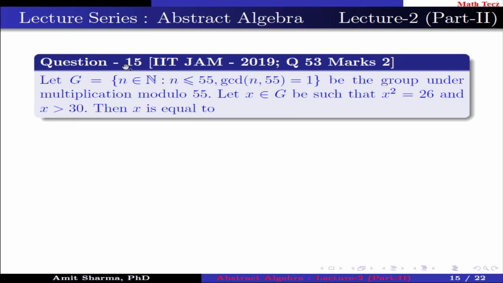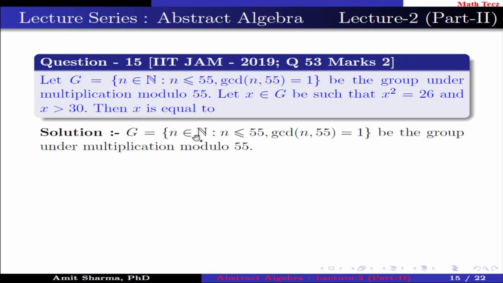Question number 15. This question was asked in the IIT JAM exam in 2019. Let G equal the set of n belonging to N such that n is less than or equal to 55 and GCD of n comma 55 equal to 1, be the group under multiplication modulo 55. Let x belonging to G be such that x square equals 26 and x is greater than 30. Then x is equal to